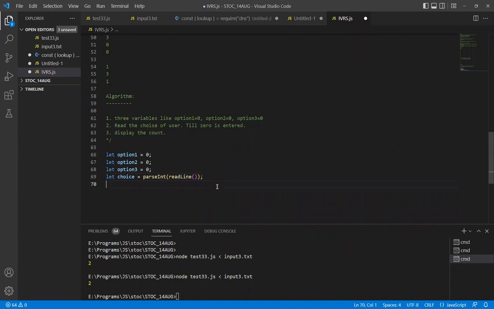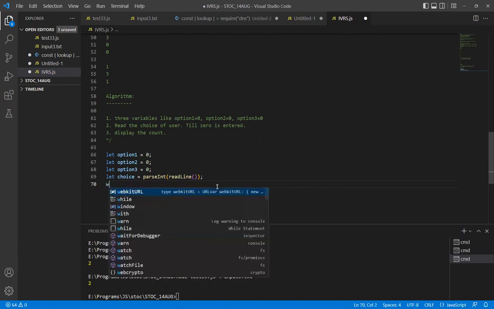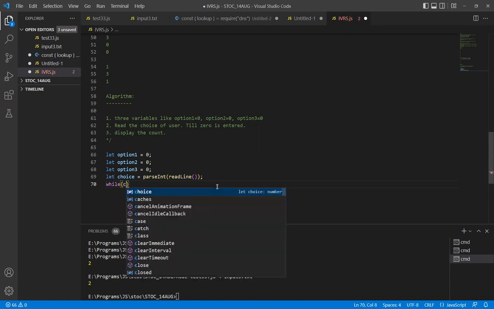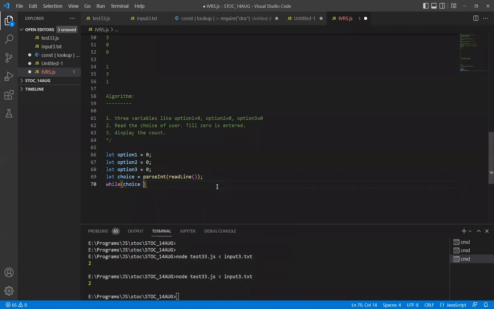Now, when the first response is read, I need to check whether the response is 0 or not, right? So I'll check while choice, whatever choice has been entered, is equal to 0 or not. If it is 0, I should exit. So I should check not equal to 0. If it is not equal to 0, then what should I do? I should check if